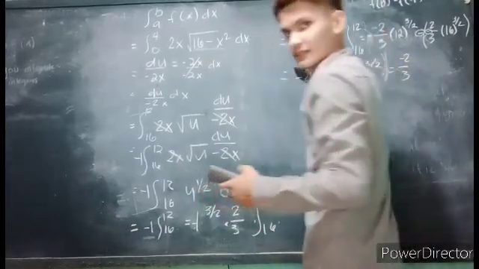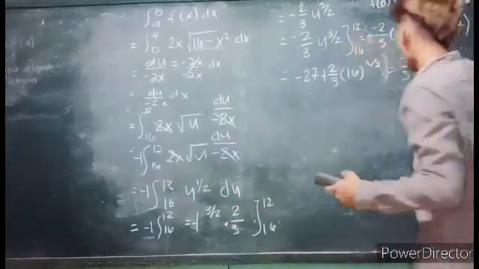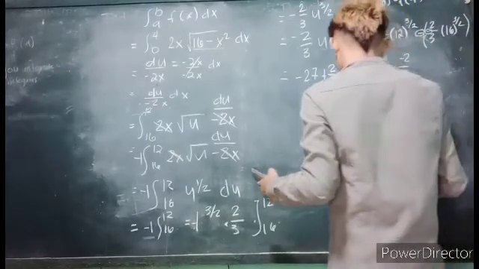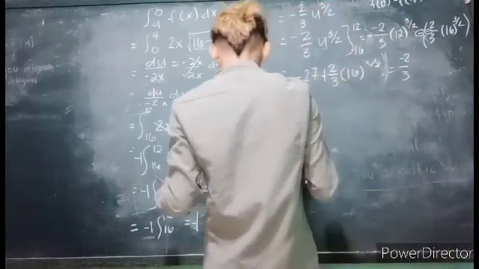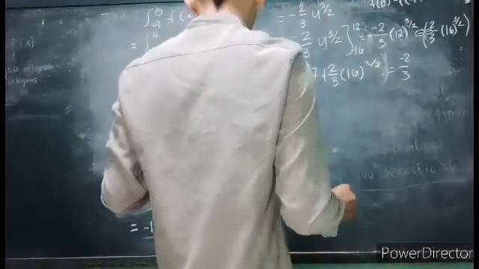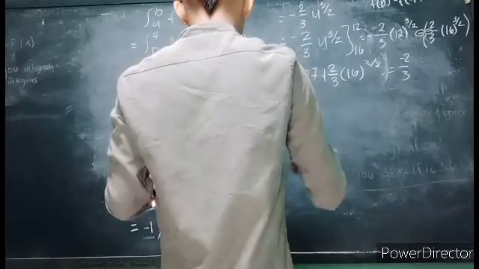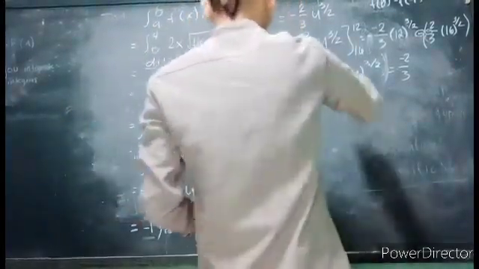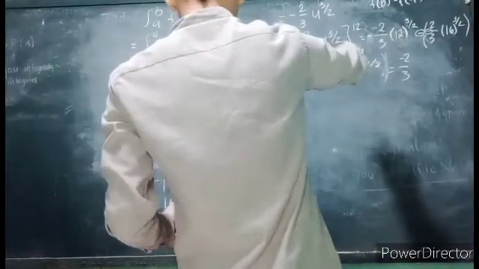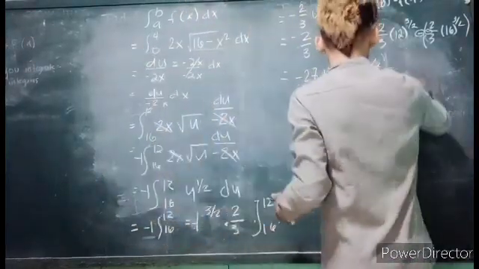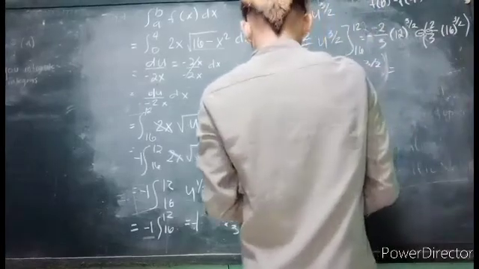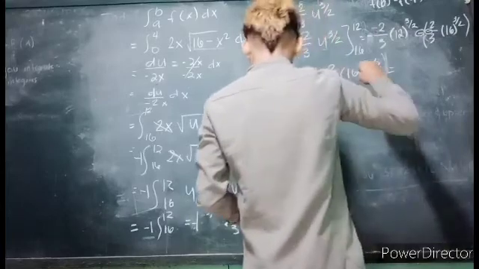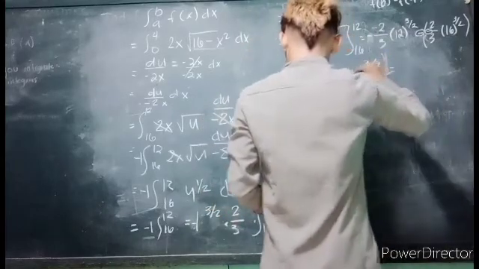Negative 27, I mean minus 4/3. So 4/3 equals to